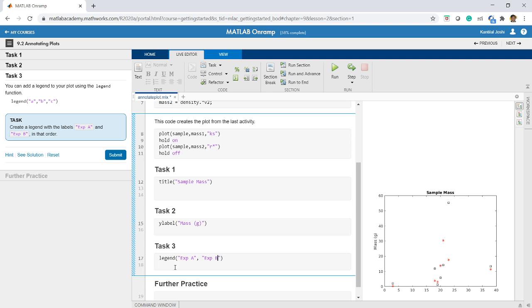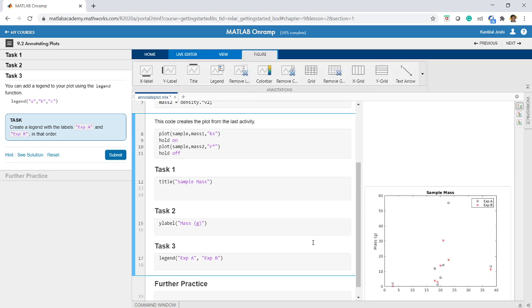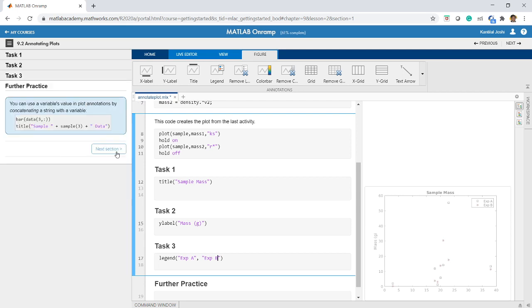Double quotes are required because that is for strings. So here you see the square is for a and the star is for b. This way you can create the legends, give the title, and give the X label and Y label.